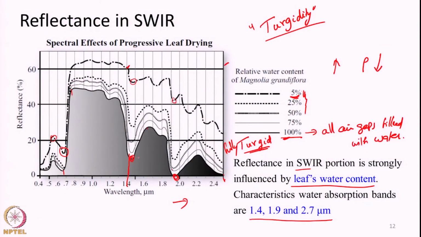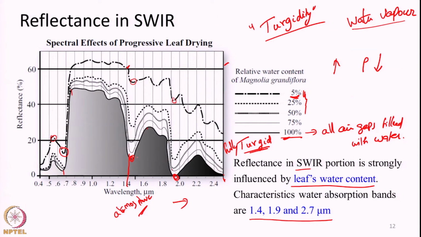spectrum. But if we want to use these characteristic dips at 1.4 and 1.9, we will not be in a position to use them, because we have already seen that atmospheric absorption also plays a major role in remote sensing, and the same portions 1.4, 1.9, 2.7 are water vapor absorption bands present in the atmosphere. So, when we take a remote sensing image, we will not be able to clearly see these particular dips. We will not be able to understand whether these dips are due to atmospheric water vapor or due to vegetation